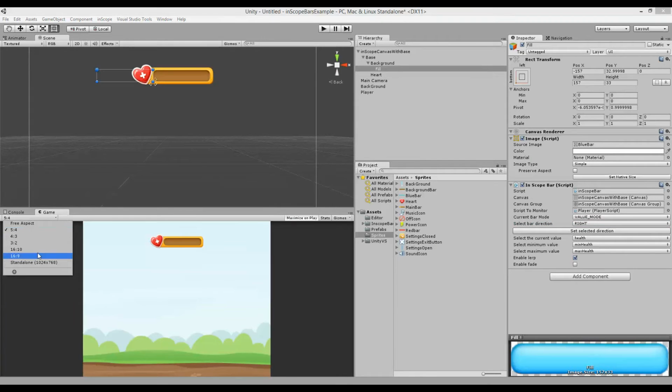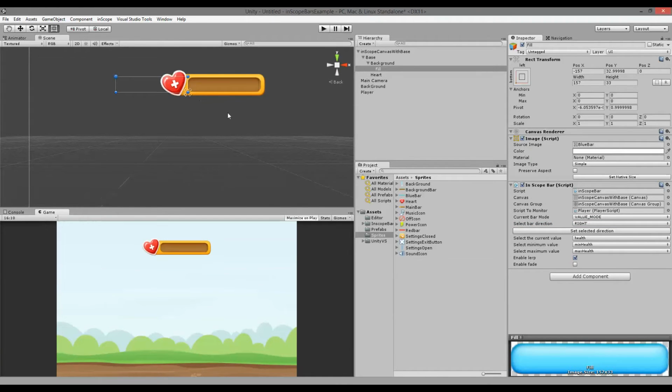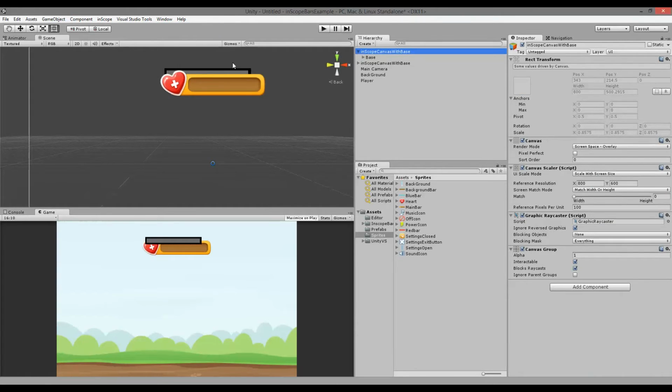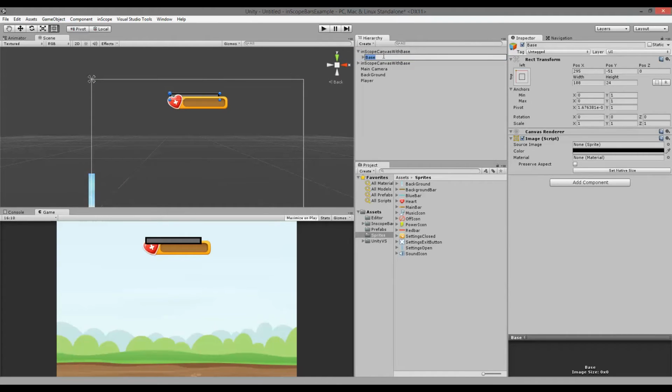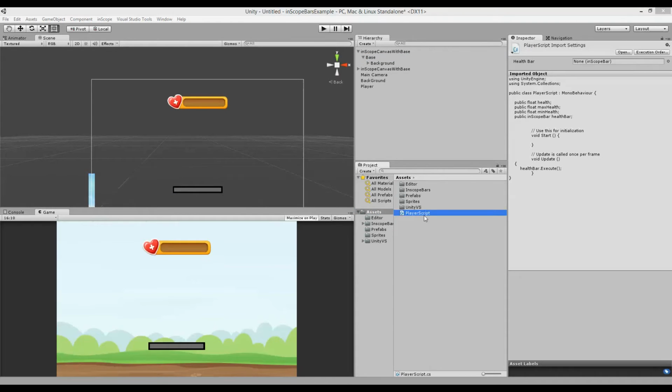Now I want to add a casting bar to my game. So I'm going to go to inScope again, inScopeBars, bar with base, just move bar with base. Gonna move it a little down, I think, because I want my casting bar to be in the bottom middle of the screen, for example. And to add a casting bar, we need the player to have a casting time. So I'm gonna double click on my player here,